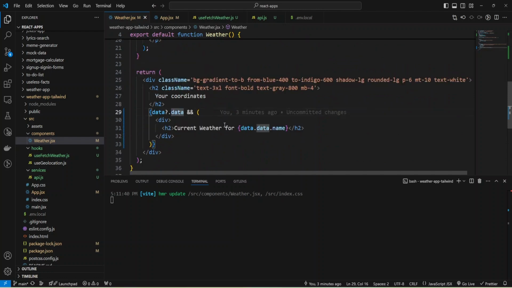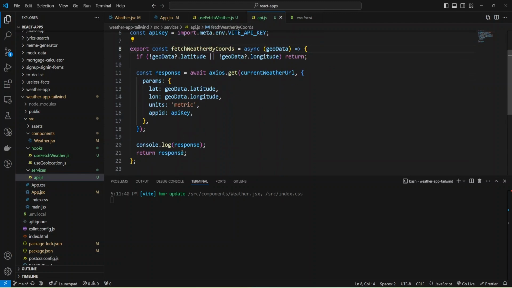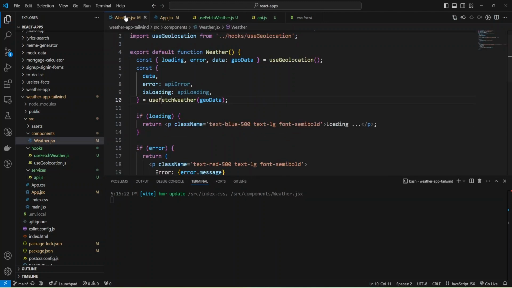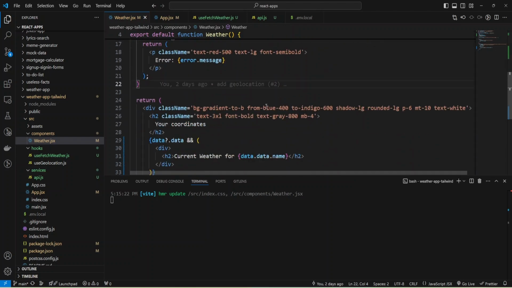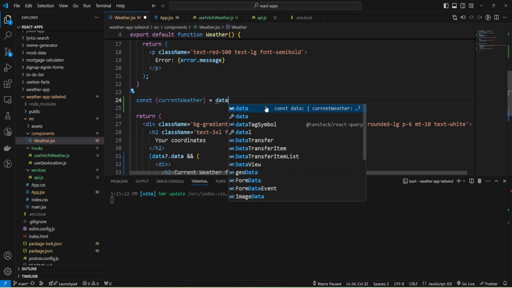And let's change the name and get this data from our response. Okay, we can change it here, and now I'm going to return, let's return currentWeather and use response data. And now here we can extract this currentWeather from our data.